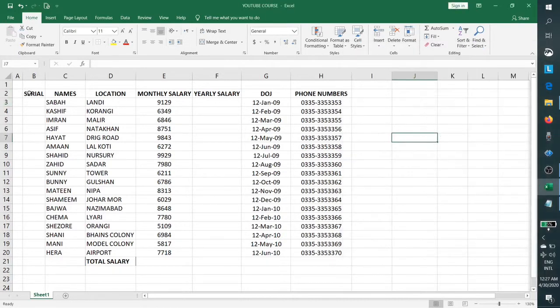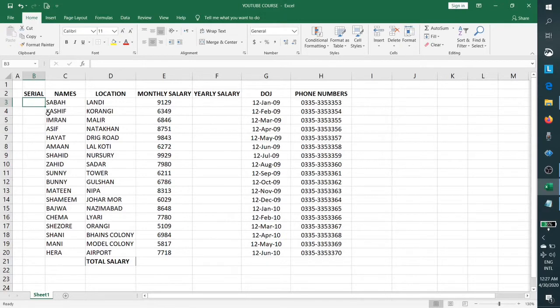So guys, I have made one basic range just to avoid the wastage of time. In this range I have selected serial, names which I have already put, then locations, monthly salary, yearly salaries, date of joining and their phone numbers. So let us go to serial. Serial means the serial number.